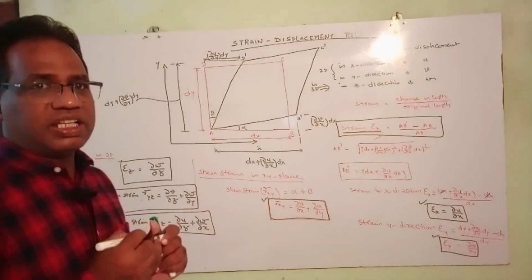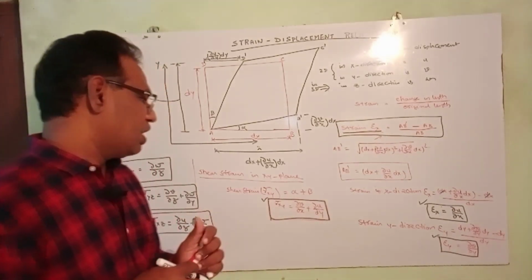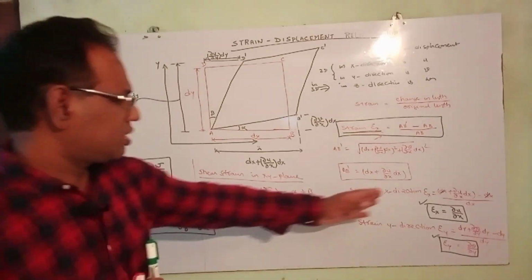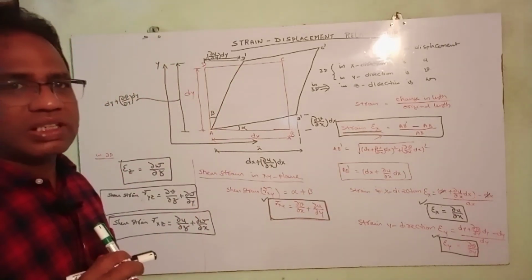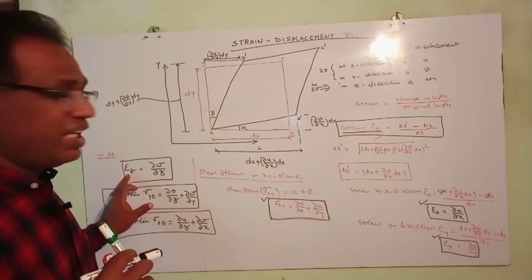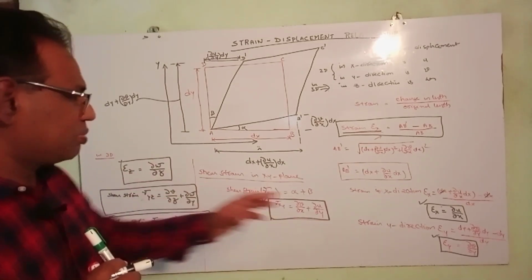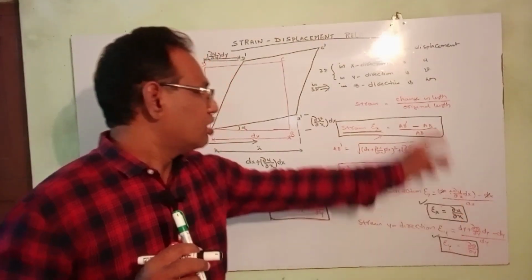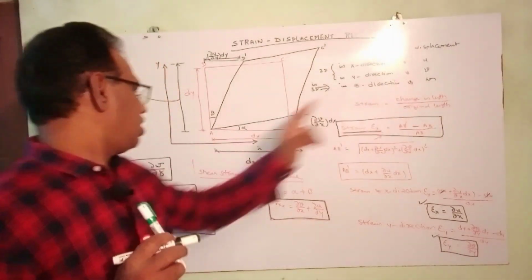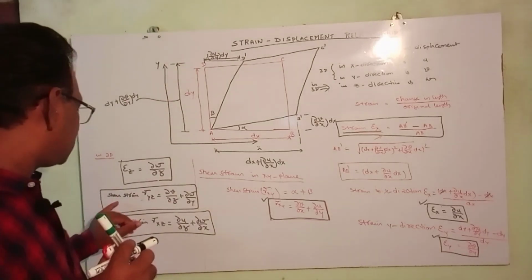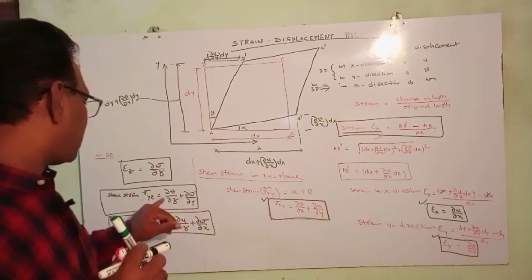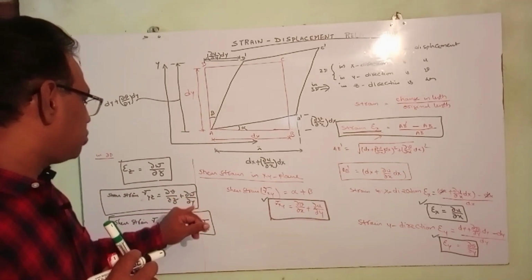For a two-dimensional case, we have the linear strain in the x direction, the linear strain in the y direction, and the shear strain in the xy plane. These are the equations. By similar analysis, you can extend this to the three-dimensional case. In that case, epsilon z, the linear strain in the z direction, is dou w by dou z. Similarly, dou u by dou x and dou v by dou y. Likewise, the shear strain in the yz direction is dou v by dou z plus dou w by dou y.